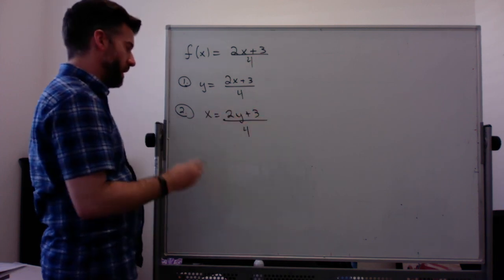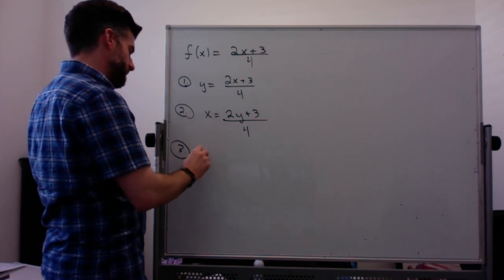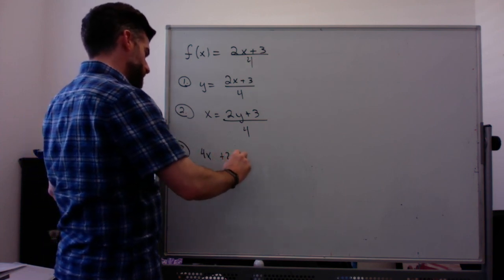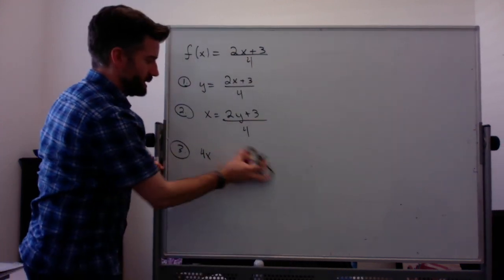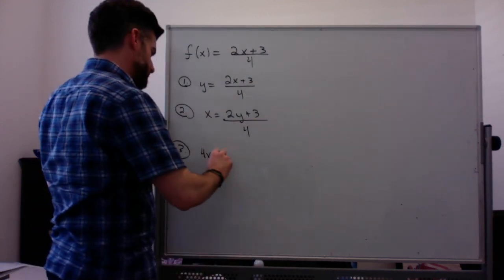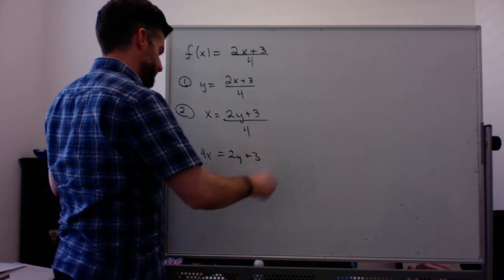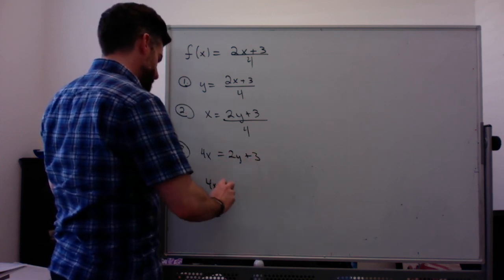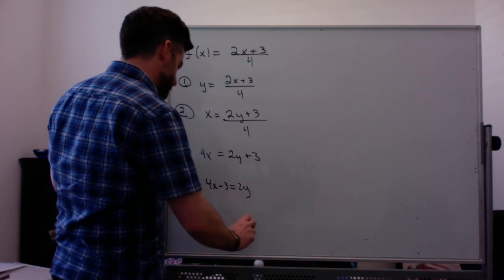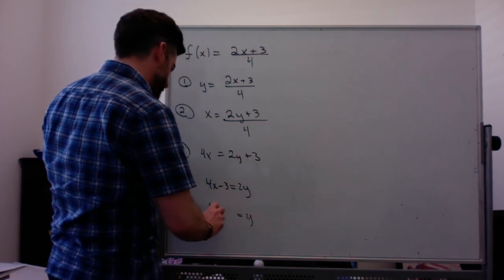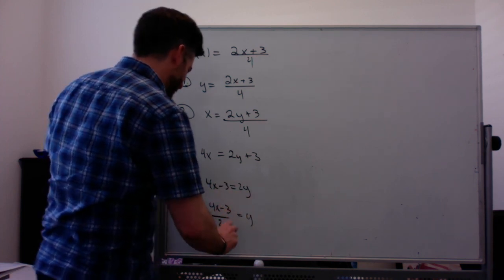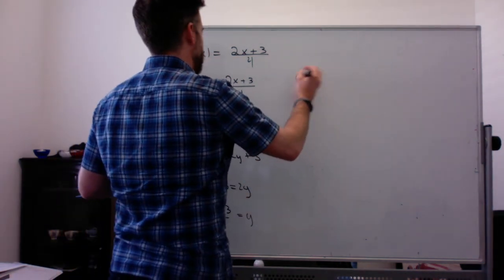So now I'm going to solve for y. So multiply by 4. Whoops, that's an equals. Whoops, wow, that looks terrible. Subtract 3. Divide by 2. These functions exactly undo each other, and it seems pretty clear just by talking it out, but